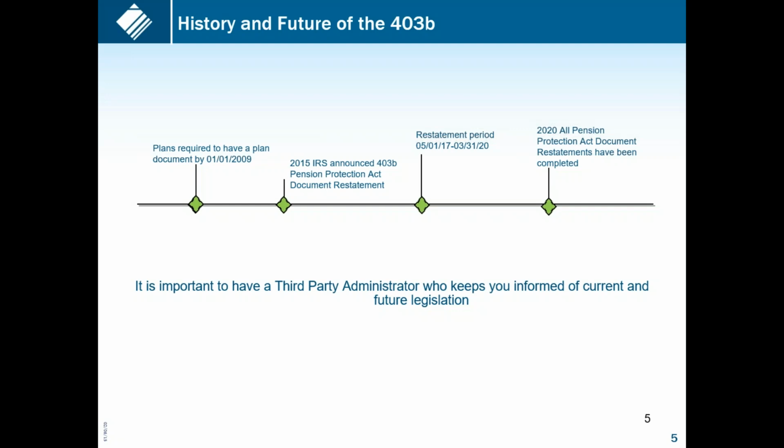In 2015, the IRS introduced the Pension and Protection Act to update 403B documents similar to what they had done in the 401k world. This was a 5-year project start to finish. Steps included a period of accepting submissions of document prototypes. Then they had a review period. They released the final document prototype in May of 2017 and gave us until March 31st, 2020 to have all 403B plans updated to this restated document completed.